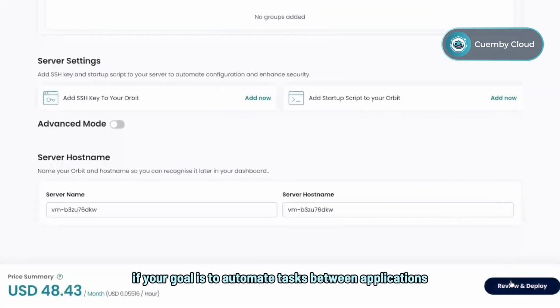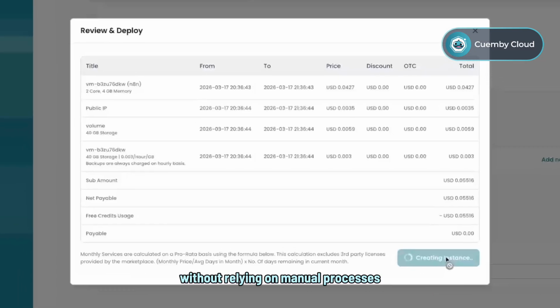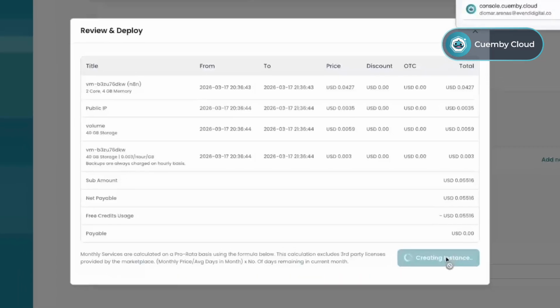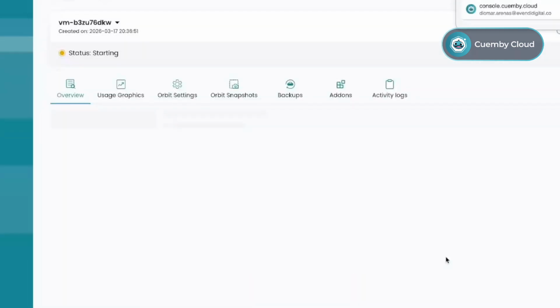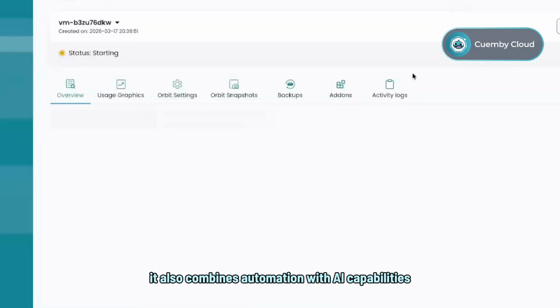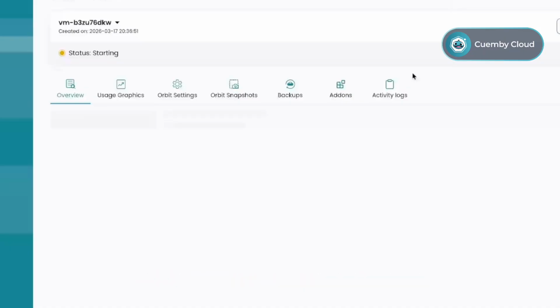If your goal is to automate tasks between applications without relying on manual processes, n8n is a great option. It's a workflow automation platform that connects services, moves data between tools, and allows you to create processes with little to no programming. It also combines automation with AI capabilities and offers both low-code and more technical options, while Cuemby